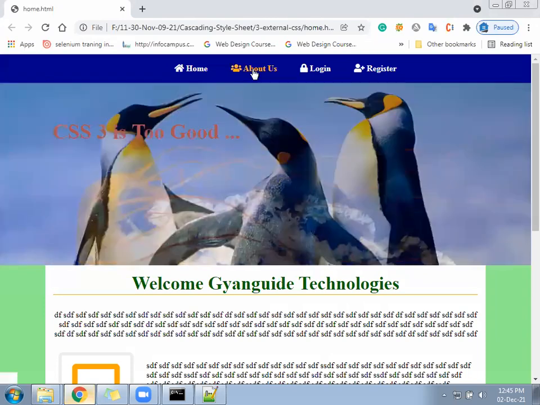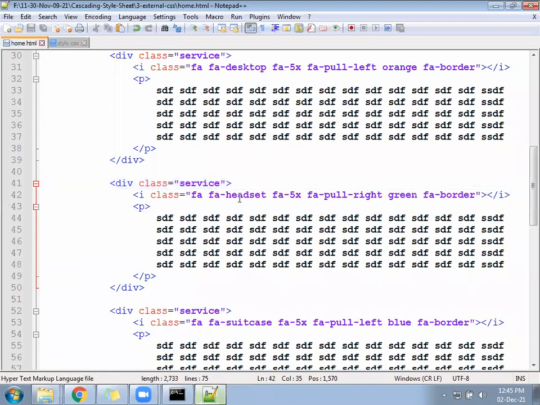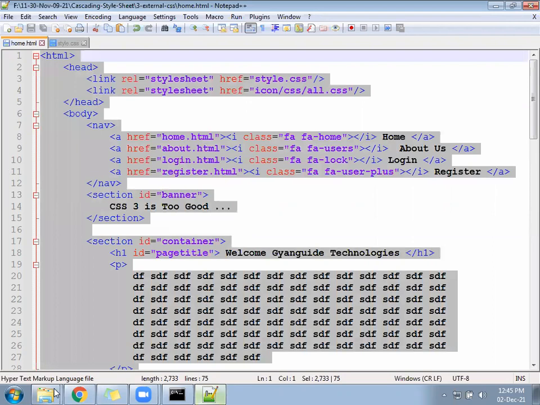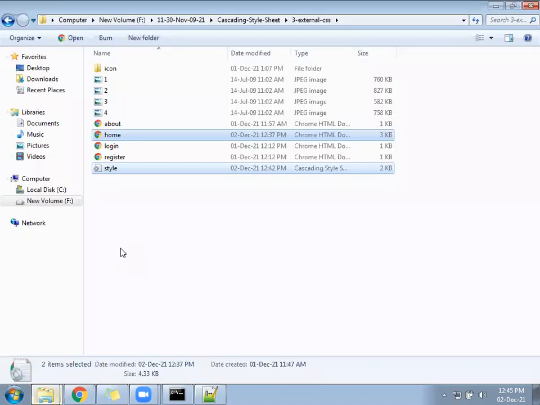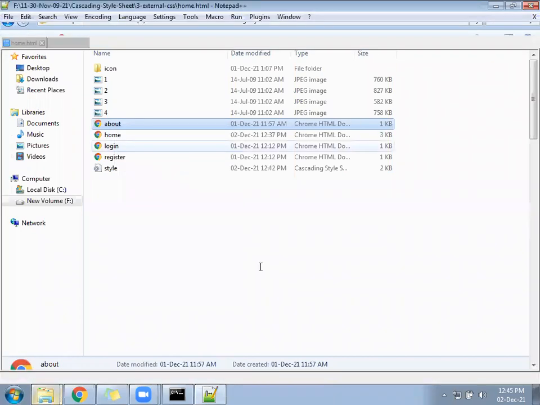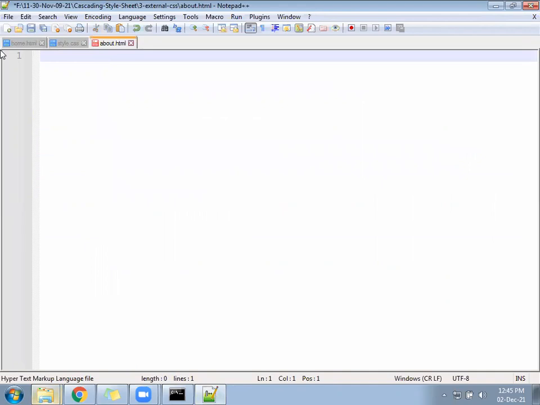Okay, let's create the next file, about.html. We can create a new file. We'll take a copy of the home file and replace it in about. You have the about file, replace all the contents in that.